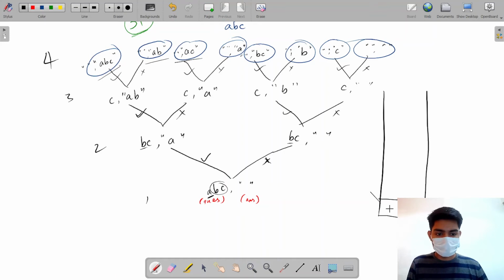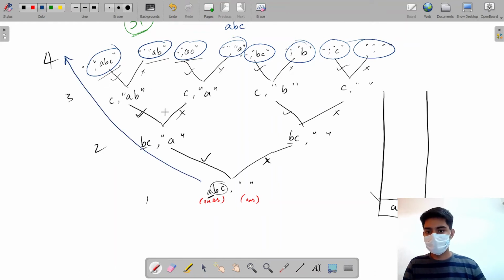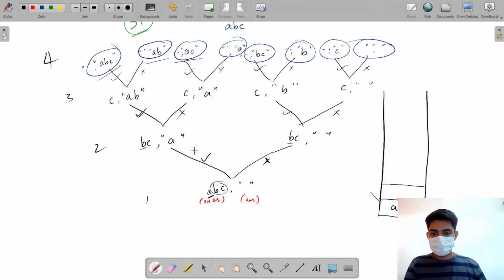So in my stack, let's say I have ABC. Let's go like this. So I have ABC in my stack. I've included my A, so my answer will be A, BC in my question, then AB in my answer, C in my question, then nothing in my question, and ABC as my answer.